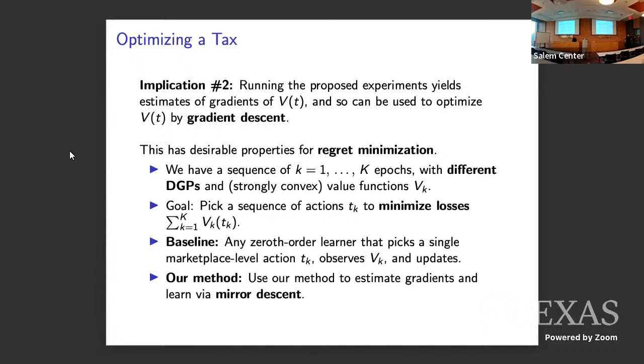Implication number two is that now that we can get V prime T, maybe not wearing an economist hat, but more of an engineer hat, we could say we have gradients, and we could actually now try to optimize the tax. Not just write a letter to a policymaker saying, we think taxes are too high or too low relative to optimal welfare. But we could actually try to iteratively update taxes by gradient descent. So you give a machine learning person gradients, what are they going to do? Gradient descent.